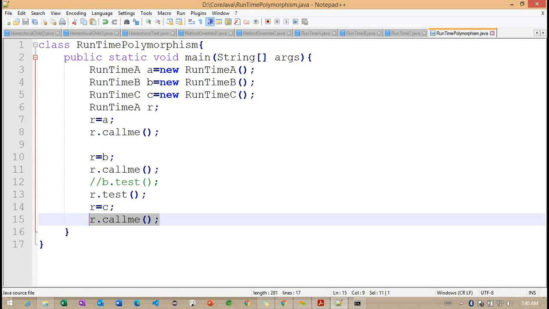So this is all about method overriding, and we call it runtime polymorphism. This particular method calling is changing at runtime. The compilation is going to check all the method calling, method initialization and declaration, everything here. So any questions regarding this particular method overriding concept?